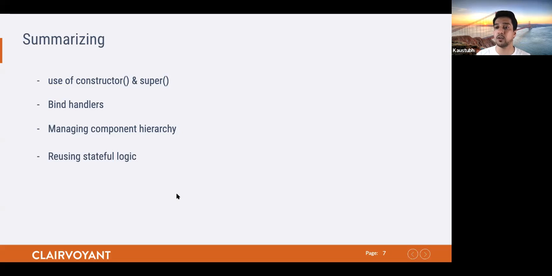But then we have to make sure that it's consistent all over our application. It cannot be that in one component you have bound handlers and in another component you are using arrow functions. In one of my last projects I have seen this happening, and it led to a lot of confusion. The third one we saw is the component hierarchy, with render props and HOC patterns, where refactoring is quite difficult. And last is reusing stateful logic, which we saw with the lifecycle hooks: there is no solid way to bind all this code together and reuse that code for components without going for HOC patterns or render props.